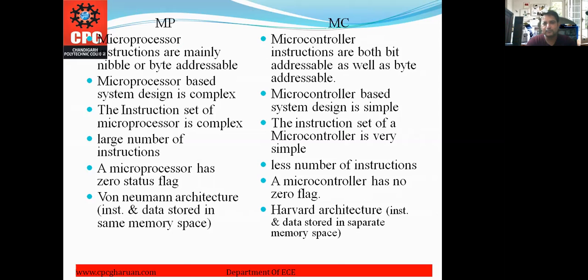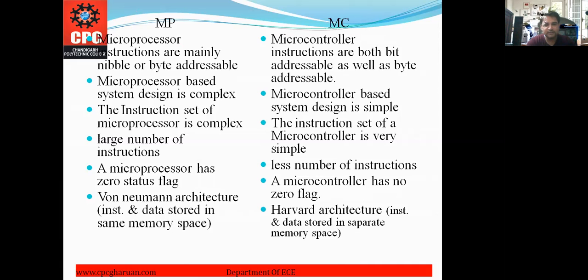On the other hand, microcontroller based system designs are simple in nature. A microprocessor's instruction set is also complex, while microcontroller uses simple instruction sets. Microprocessor uses a large number of instructions, but microcontroller uses fewer instructions as compared to microprocessor. A microprocessor has a zero status flag, but microcontroller has no zero flag. This is also one of the differences.